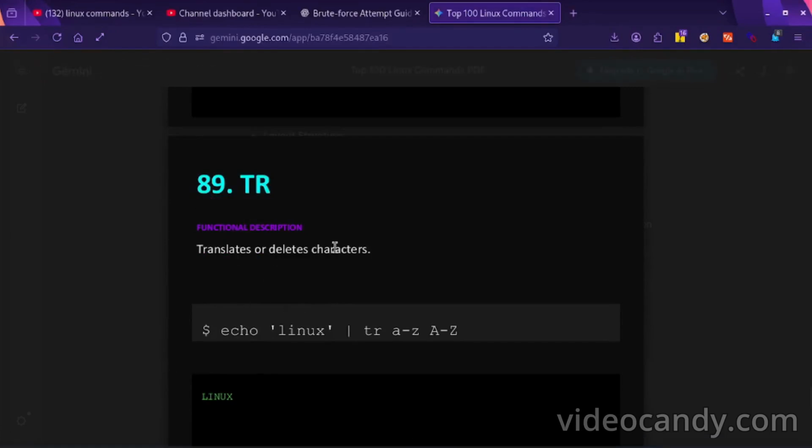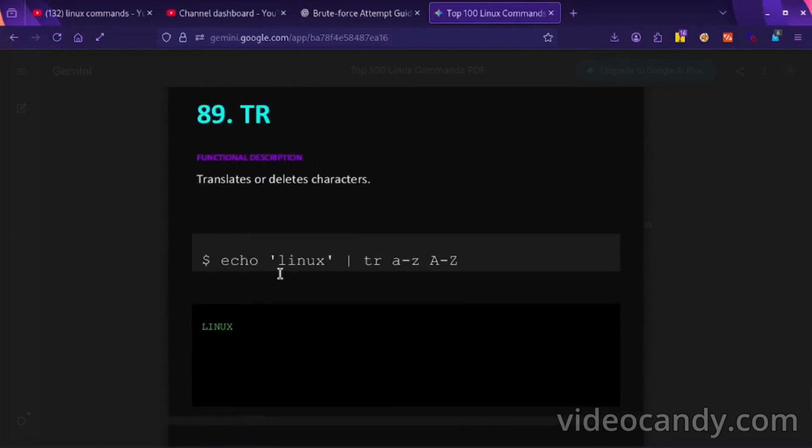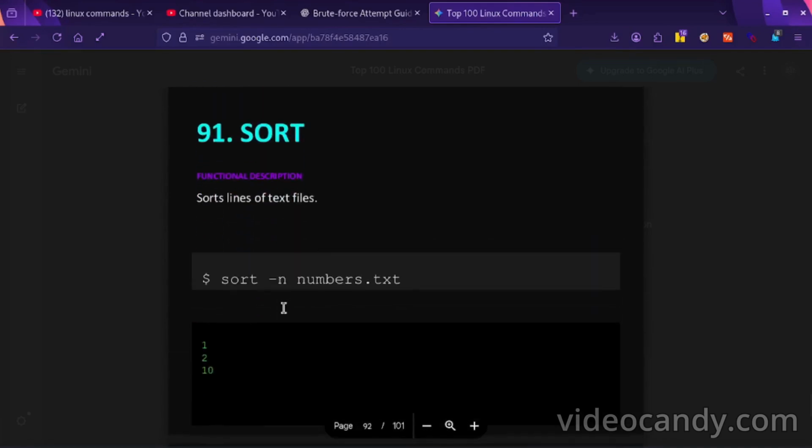tr: translate or delete characters. We echo to Linux, and tr a-z. cut. sort: sort lines of text.